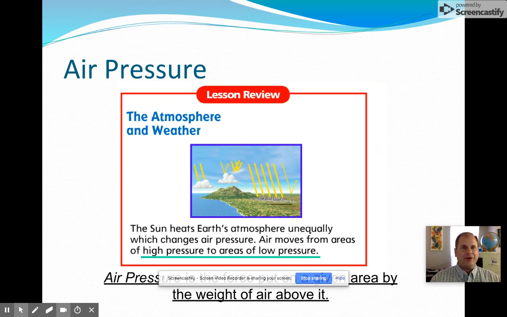Okay, air pressure. Air pressure is a real thing. You know, gravity pulls everything down to the earth. Well, gravity also pulls the air onto the earth. It holds our air on our earth and doesn't let it just escape out into space. So, air pressure is the weight of the earth on